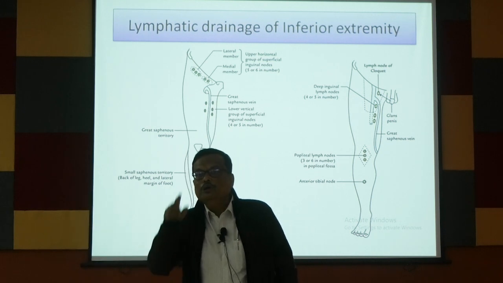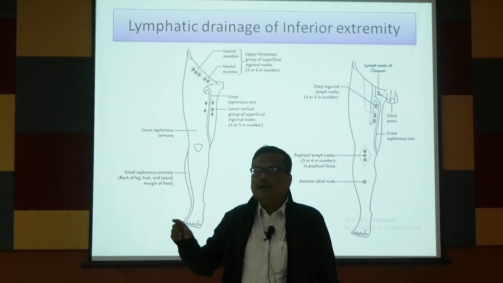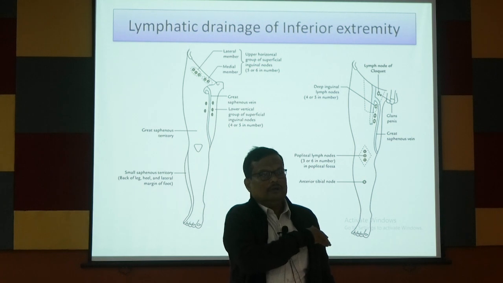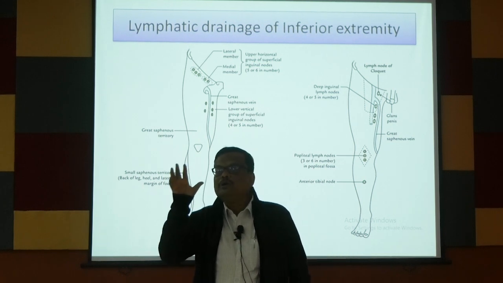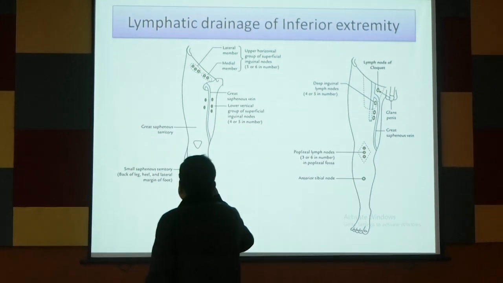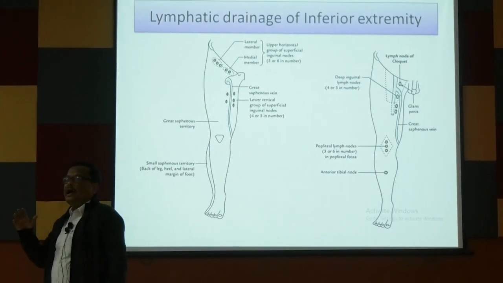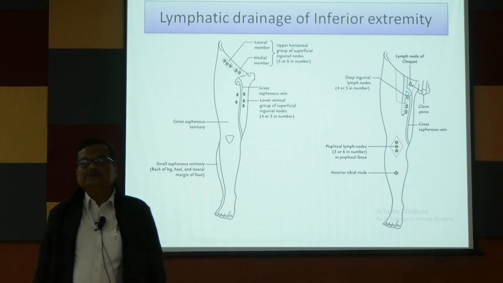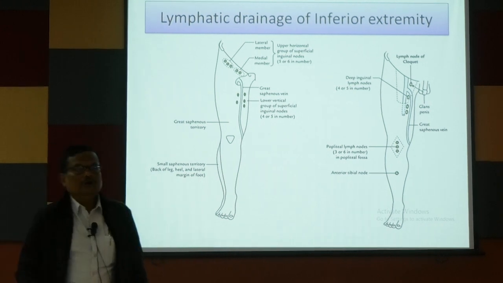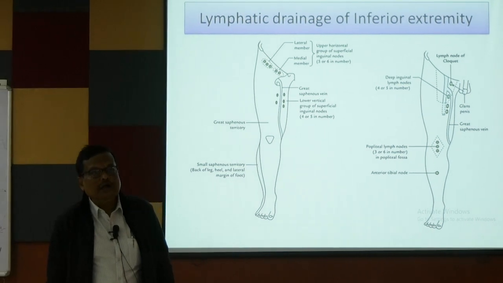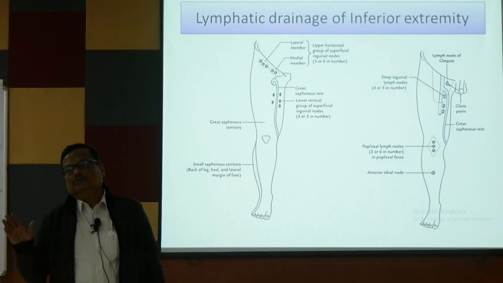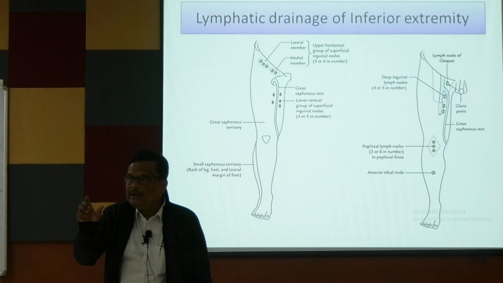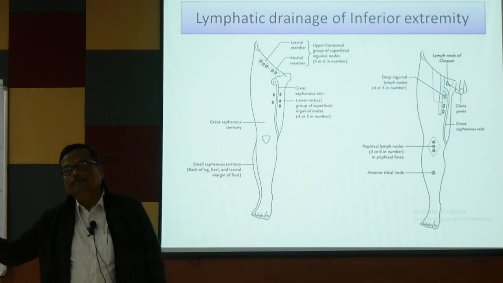can be divided into superficial lymph nodes and deep lymph nodes. বলতে পারি lymph vesselsটা ছেড়ে দিলাম। So lymph nodes of the inferior extremity divided into superficial lymph nodes and a deep lymph nodes. And superficial lymph nodes of the lymphatic inferior extremity means only one, that is the superficial inguinal lymph nodes. So lymphatics of the inferior extremity has got a superficial inguinal lymph nodes and deep lymph nodes.